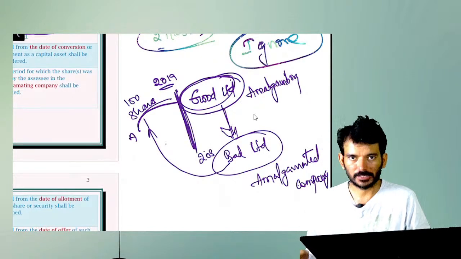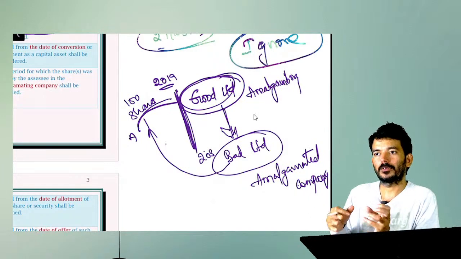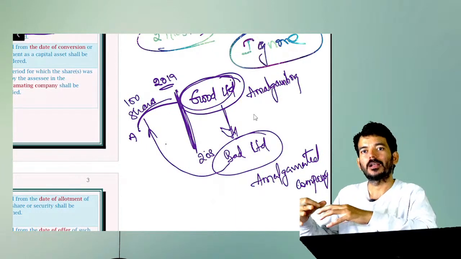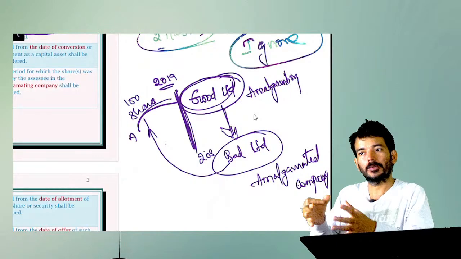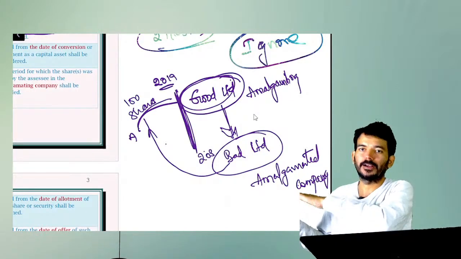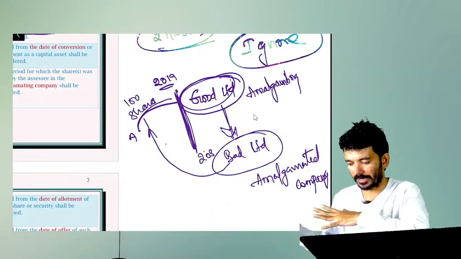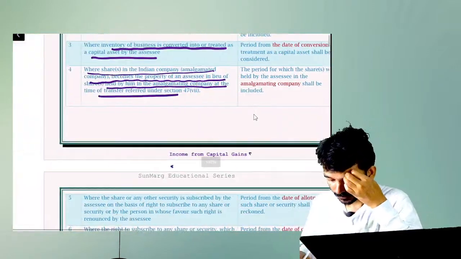This period should also be considered: the period for which you held the shares in the amalgamating company should also be considered while calculating the period of holding for the amalgamated company, like Bad Limited. Okay,